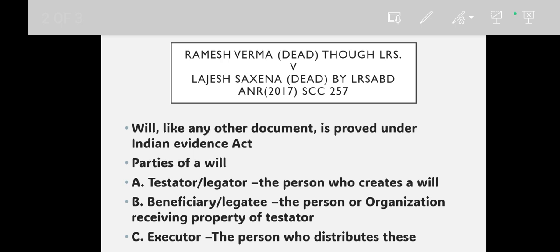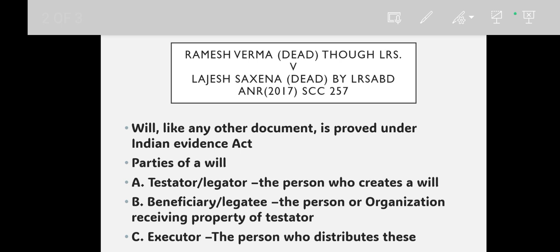Like if I have made a will for my 7-year-old son, he is a minor, so I have to create one party who will execute it if I die in between. I may make the executor the uncle of my child or anybody else or the manager of my property. This is the person who is called the executor.